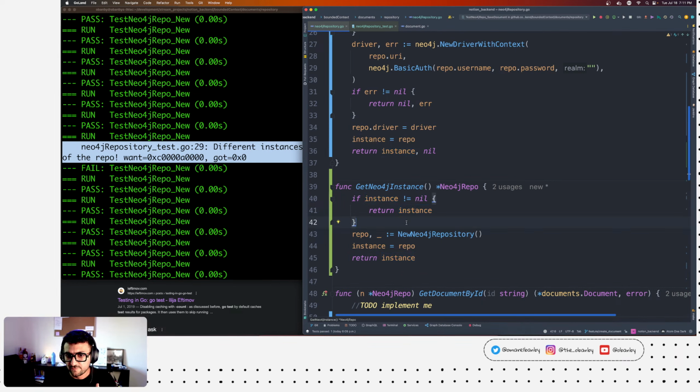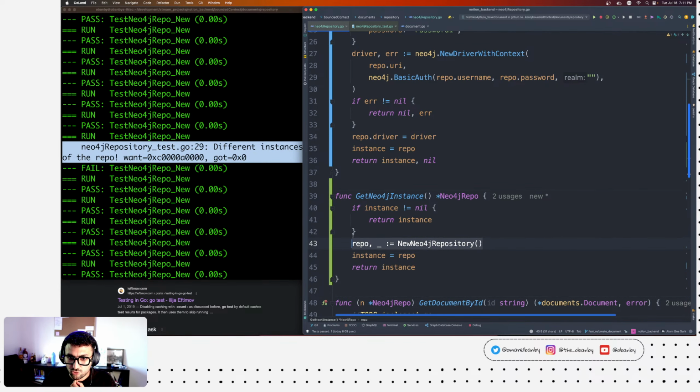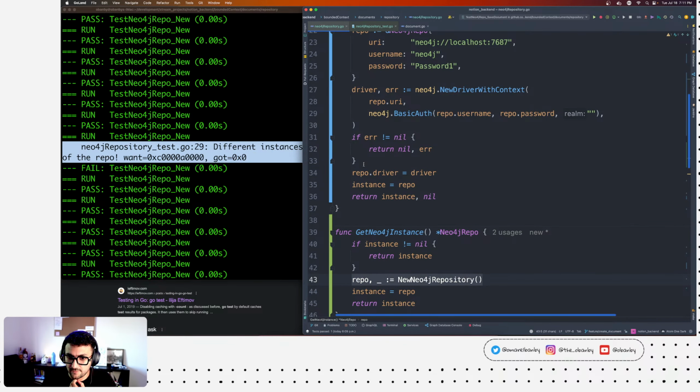What if one Go routine runs here, then stops, so now it sees instance as nil. The other one also sees instance as nil, and starts creating the repo. It creates the repo, but it doesn't finish yet, meaning it maybe stops here. So it adds, for example, the driver, but it hasn't finished the line of code that assigns the instance to the repo.